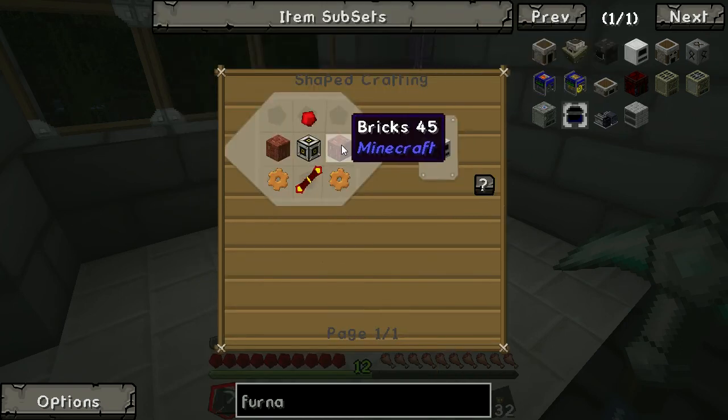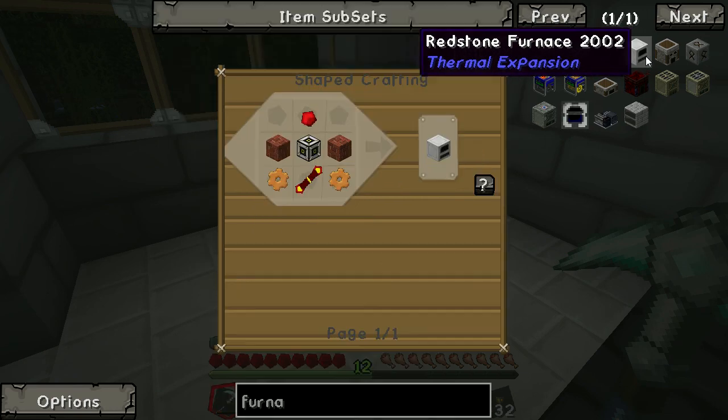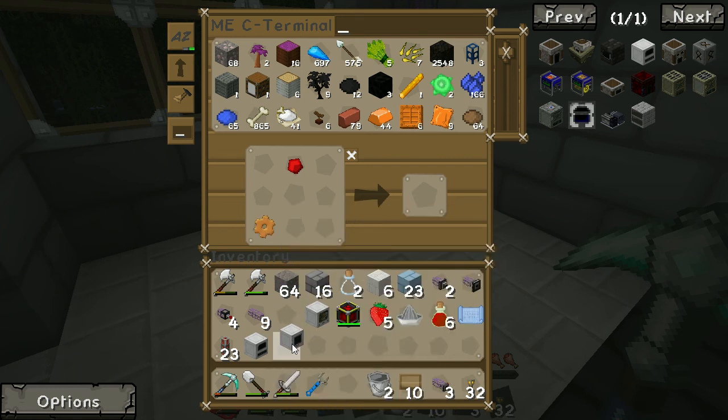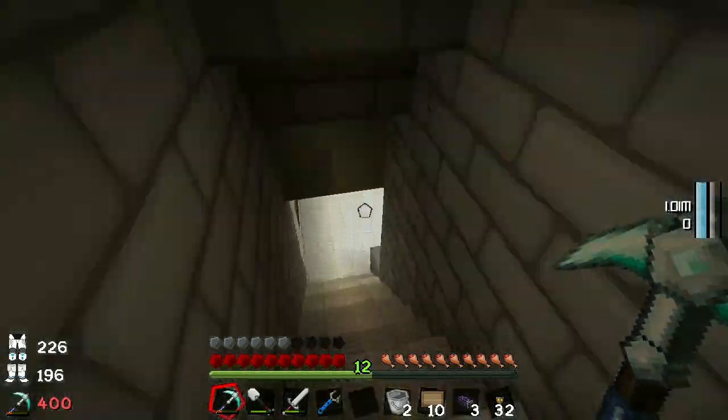We are also a bit lacking in brick blocks. Do we have enough bricks? We apparently have loads of bricks. We should have everything now for one of those. And now I have too many copper gears. What is going on with that? Okay, let us go downstairs